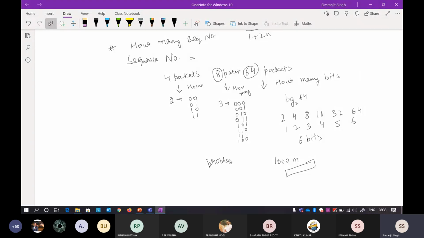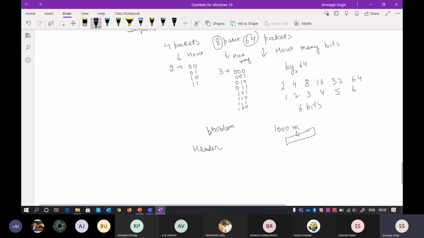We have a limited header. The header contains the address information as well as other things. In this header we also have something called the sequence number field. The sequence number field tells you how many bits are used to represent a sequence number. If it is 2 bits, you can represent 2 raised to power 2, which is 4 numbers, at maximum. If the sequence number is 8 bits, you can represent at maximum 2 raised to power 8 numbers. So this is your problem.